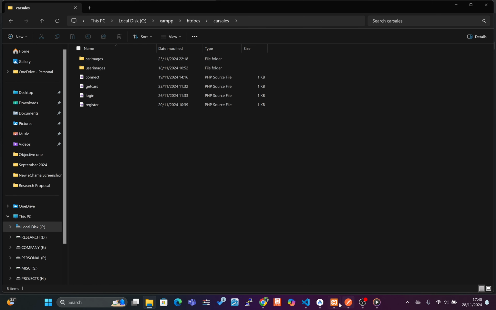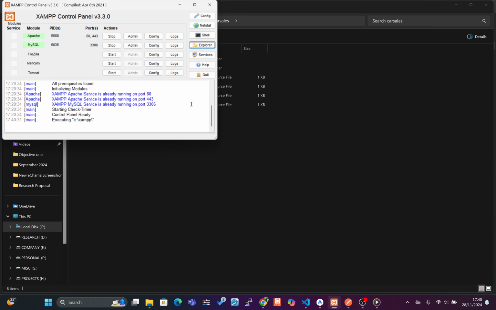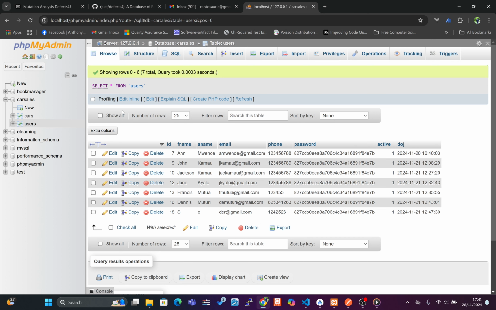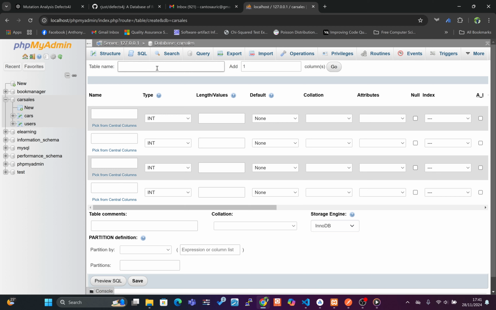At the same time, we need to go to the backend, rather our database. We already have that running here, and create a table to accommodate orders. So I'll create a new table for orders, so that you can have a list of all the orders. So let me just call it orders. We can start with these few columns that are here by default, and then we will look for others. So ID and user ID, the person who is buying, car ID, the car that is being bought, and then